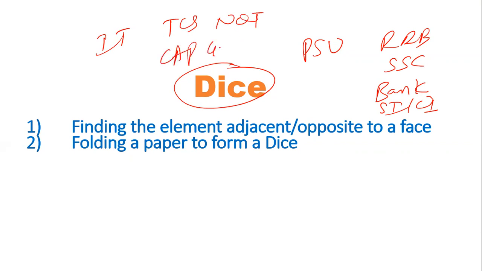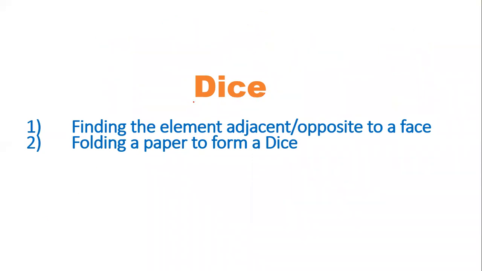In Capgemini also, they have introduced something called game-based aptitude. And in that game-based aptitude, they are including a few questions from this topic called dice. And I've seen most of the students struggling to answer the questions from dice because it appears to be a little confusing if you don't know the basics, the logics or shortcuts.